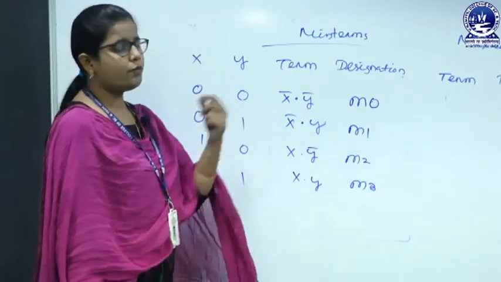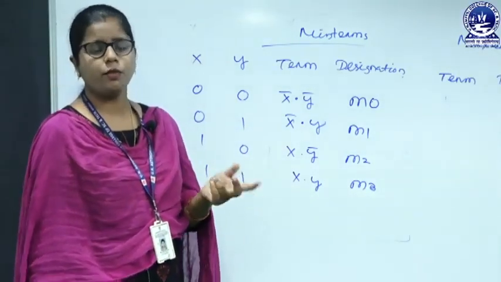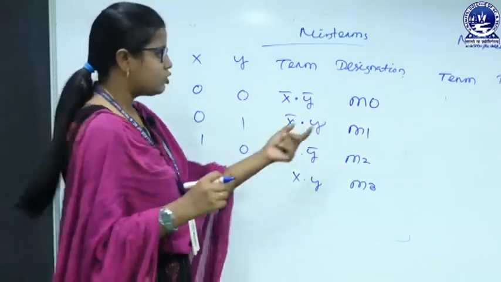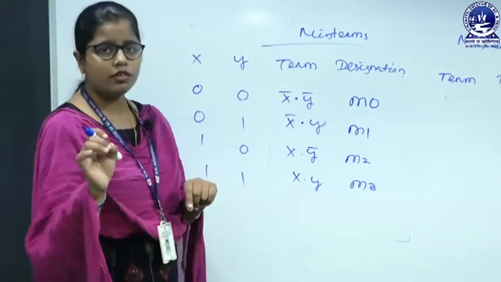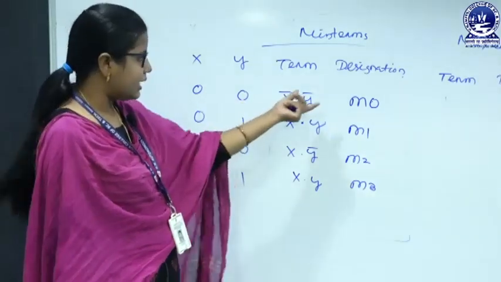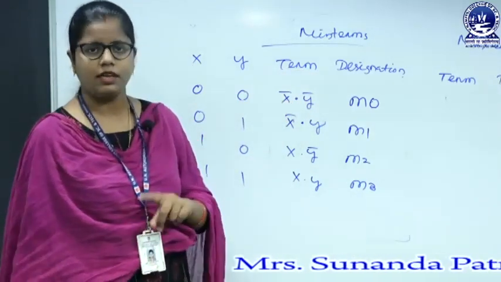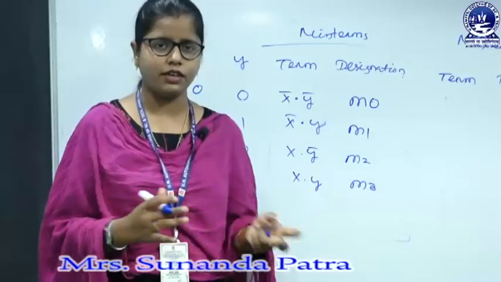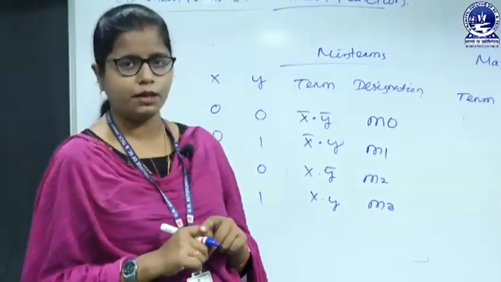Okay. Now forming the max term. So how will the max term be formed? By using the OR operator. So we will use the plus operator there. Now the question is, what is the form of 0 and 1? In case of min term, 0 is the complement and 1 is the normal. In case of max term, that is opposite. The 0 is the normal form and 1 is the complement form.